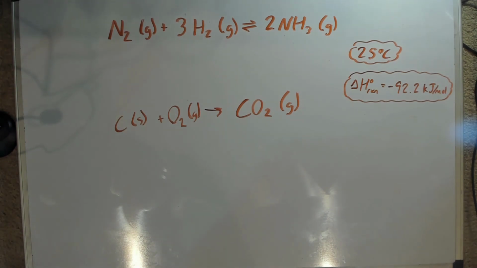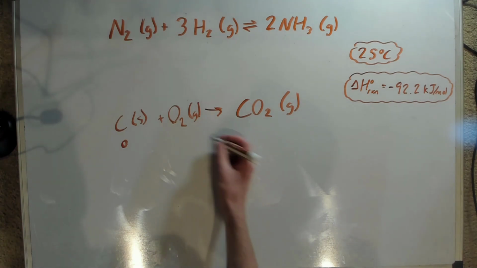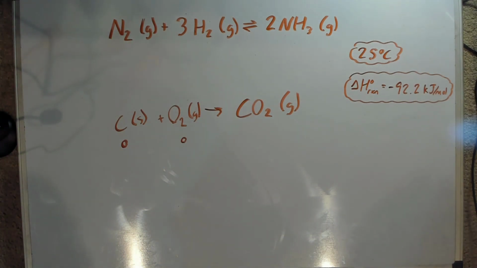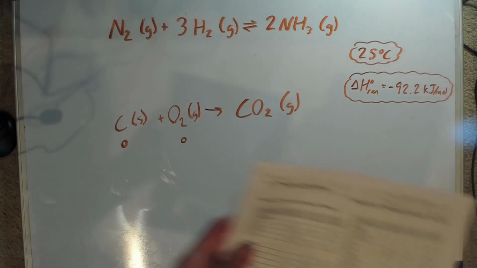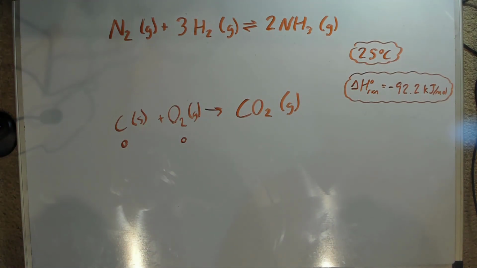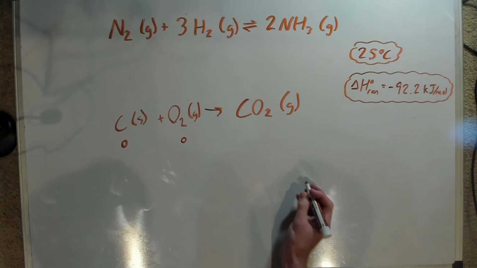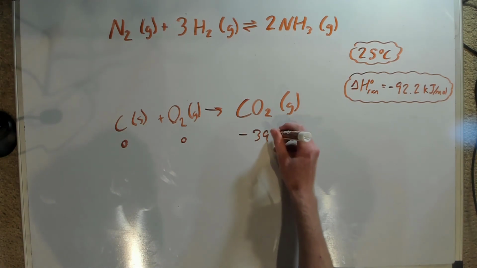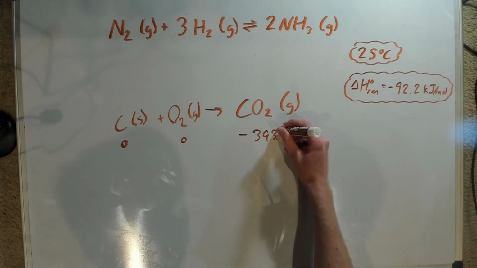Now, one thing that we know is that elements can't form themselves based on smaller divisible parts that would still be on the periodic table. So we say the enthalpy of formation of these things is 0. So that means change in H is 0 for carbon, change in H is 0 for oxygen. There's going to be some change in H for carbon dioxide. And that's why we have this lovely chart here of all of our thermo values. It says that CO2 in gaseous form has an enthalpy of formation of negative 393.5